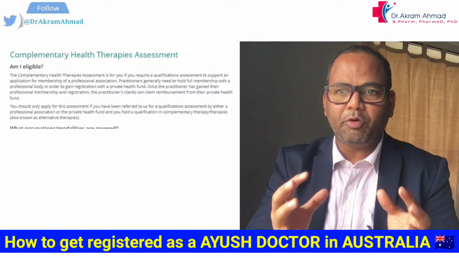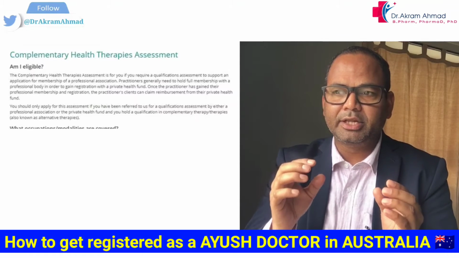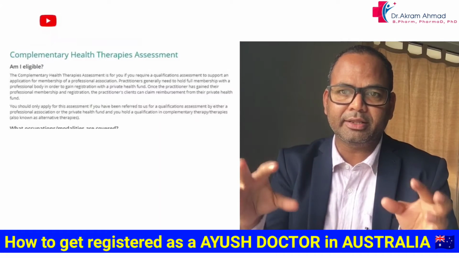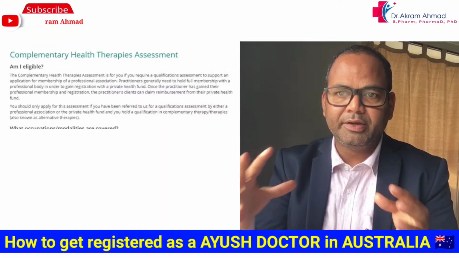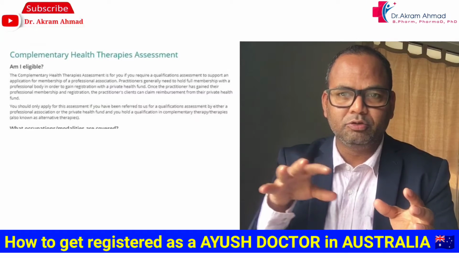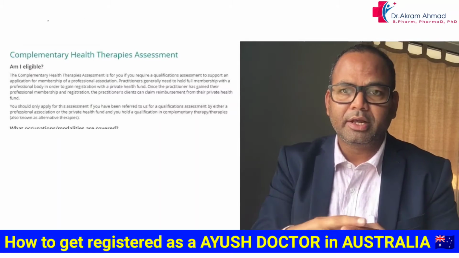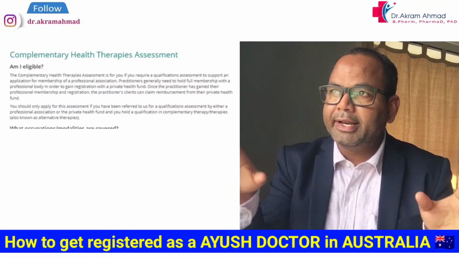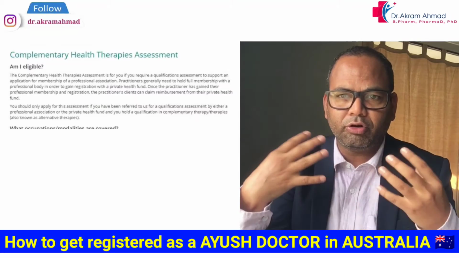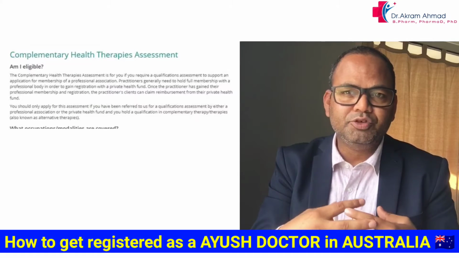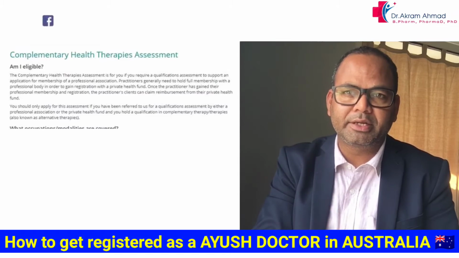Another important thing is that in Australia about 2.5% of the population is Indian. I can say 3% Indian population living in Australia. Those are citizens, PR holders, and other visa holders, so we can say 3%. But if we compare with the Chinese counterpart, there is about 9%. So if you go to any area, you can find a lot of Chinese medicine clinics. But for Ayurveda, Unani, Siddha, and homeopathic, there are very few.